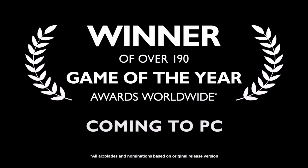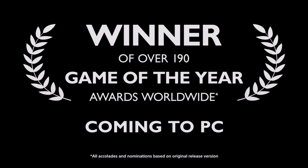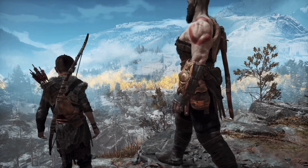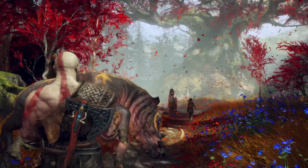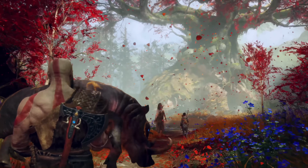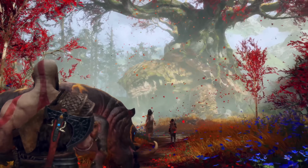For our next news story, PlayStation has recently confirmed their next major PC release, and it is none other than the 2018 God of War coming January 14th, 2022, available on the Epic Games Store and Steam. You can pre-order right now, and not too surprising. If anything, I am surprised that it's God of War so soon. I would have expected a few other games before God of War to get that PC treatment,